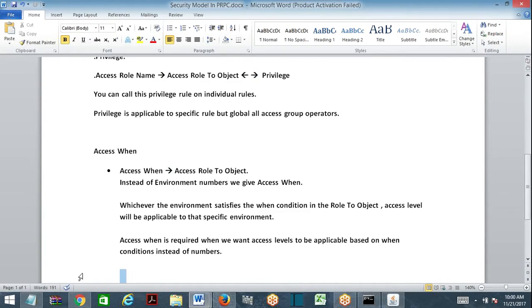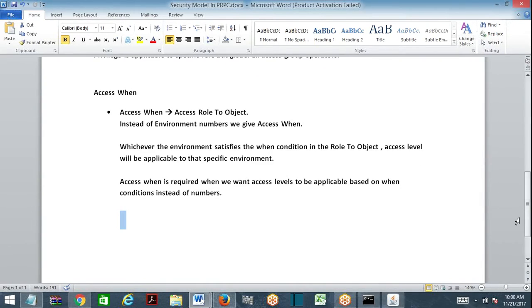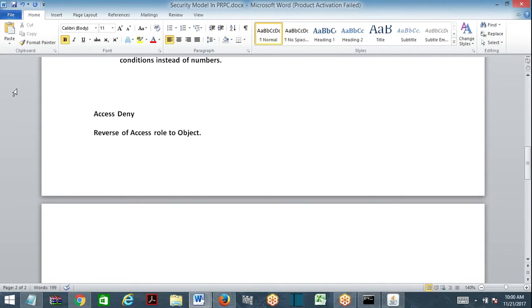Okay, so what is the next one? Access deny. Do not get confused. Access deny is not the reverse of access when. Do not get confused with that. Access deny is the reverse of what? Reverse of access role to object. So in an access deny, instead of numbers, can you specify when rules?